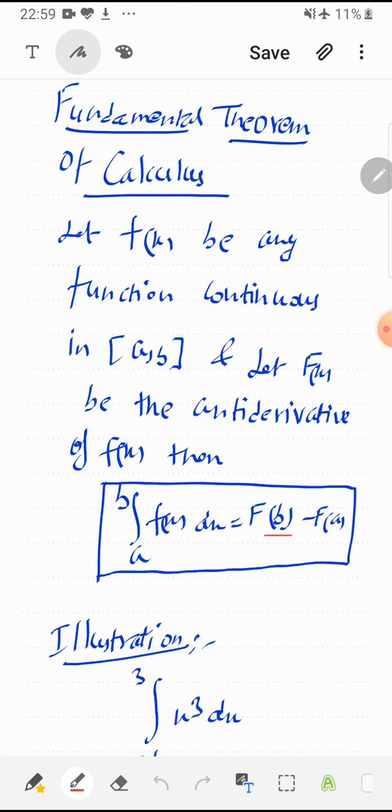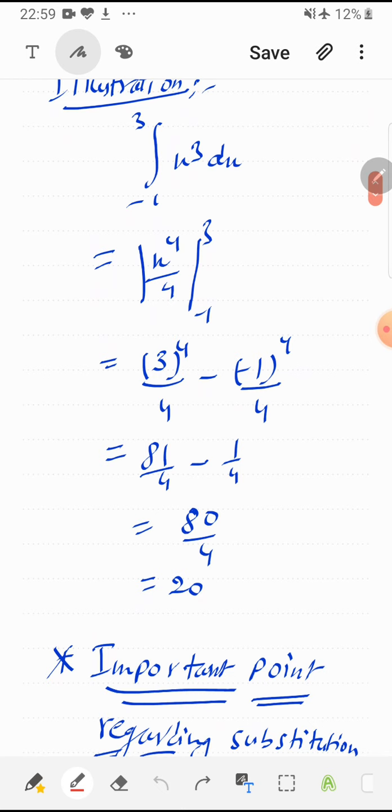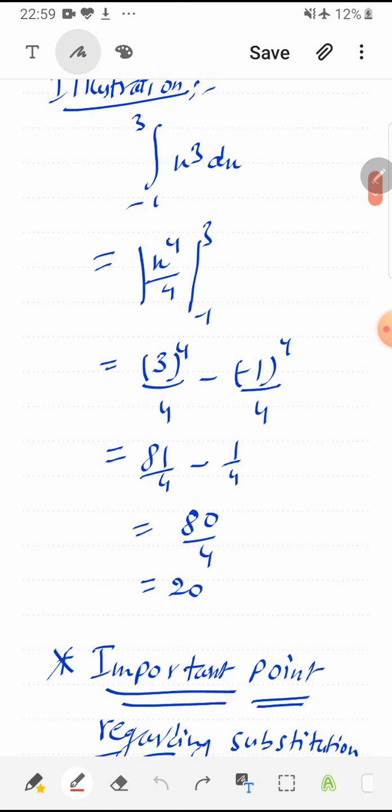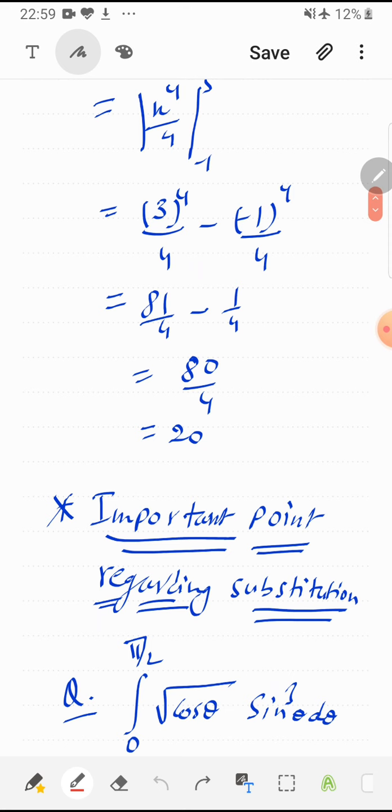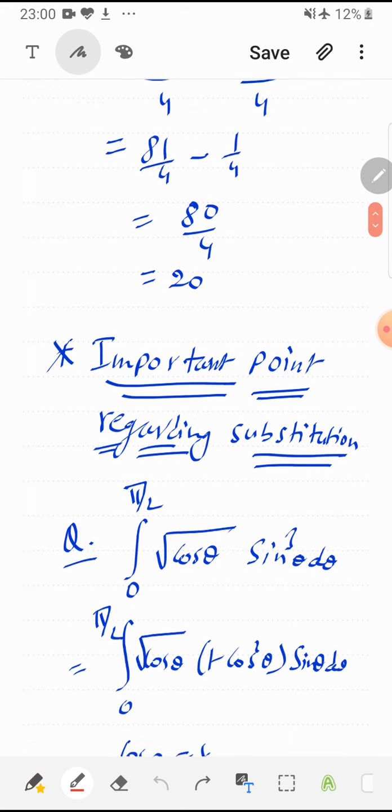Now definite integral also proceeds like indefinite integration, like definite integral by substitution, definite integral by parts, definite integral by partial fraction. So obviously all those questions which we have done in indefinite integration have one extra step, substitution of limit, and we can do them in definite integral also. So we are not going to discuss those definite integral questions here, but one important point regarding substitution we want to discuss with an example.